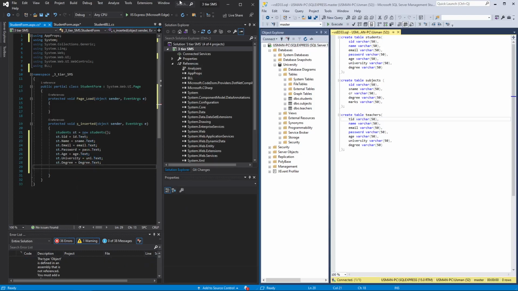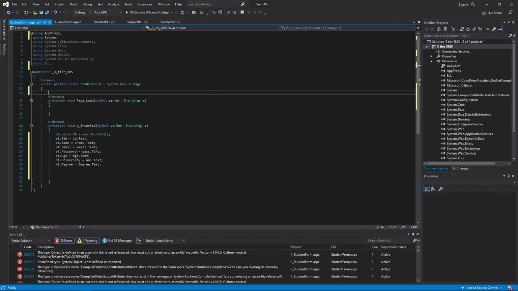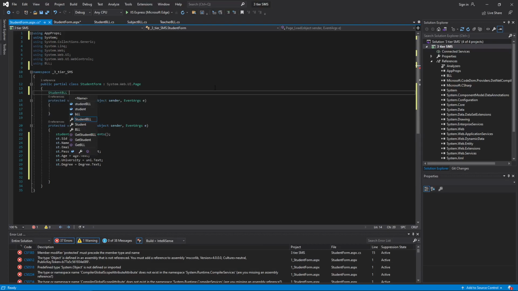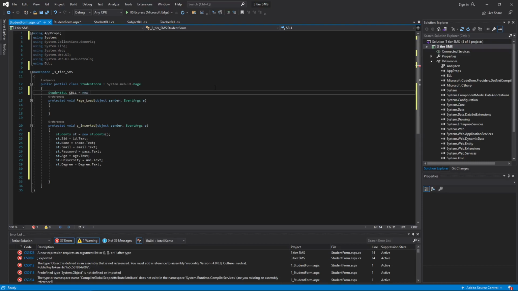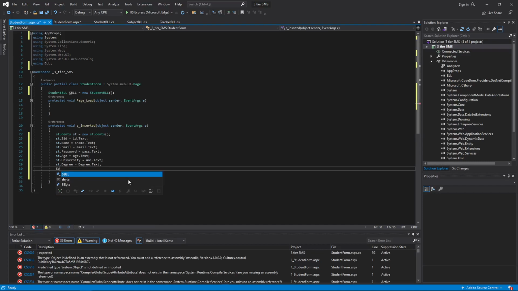Now this is done. Now we have to pass this entire thing into our BLL. Let's create an object for it as well. What was the name of our students BLL? StudentBLL. I'm going to name it sbll, new StudentBLL. That's it, we have created an object for this. Now all we have to do is sbll dot